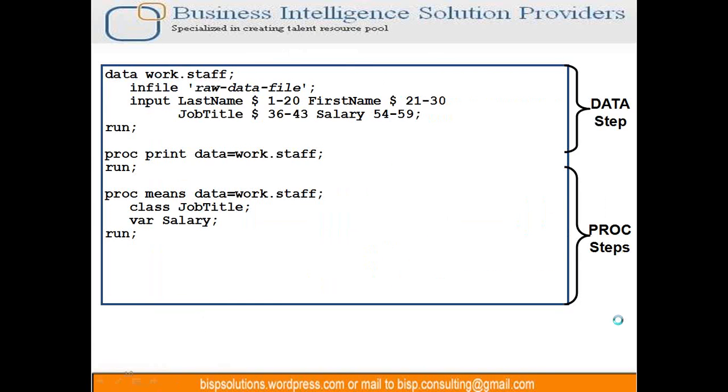Typically a SAS program has two kinds of steps. As I told you, a SAS program has a data step. With the help of a data step, here I have created staff as a data set, and then I have created a PROC PRINT procedure, and here I am also performing a PROC MEANS. These two I can call proc steps, whereas the initial and foremost step I can call the data step. We need to understand the objective of the data step. With that I can easily create a SAS data set.